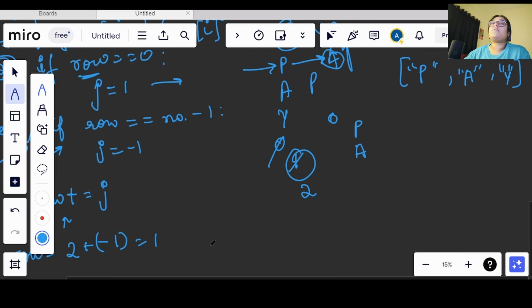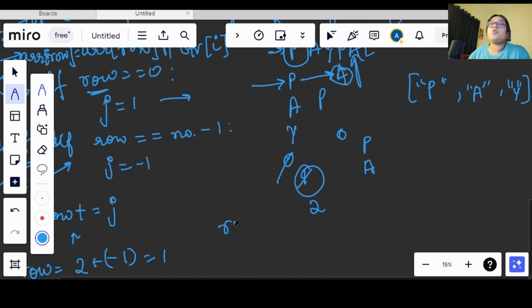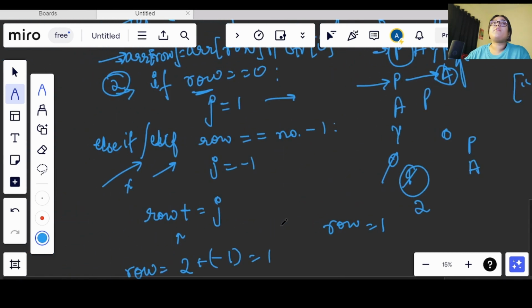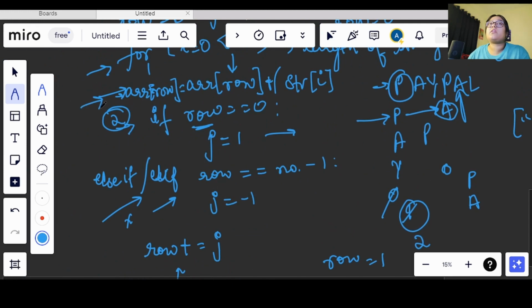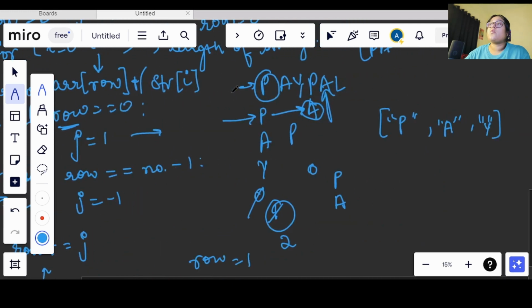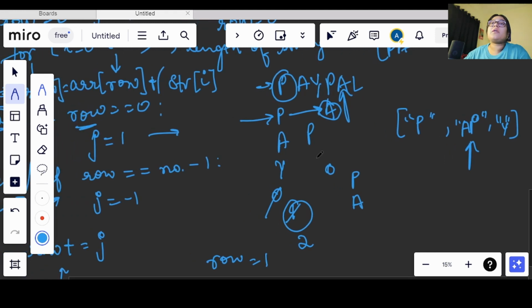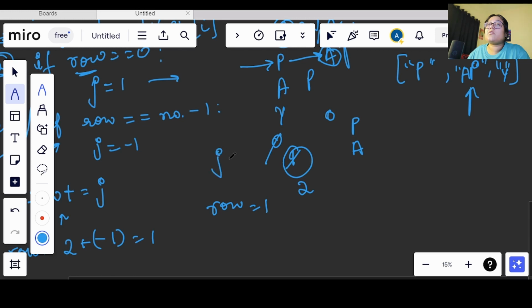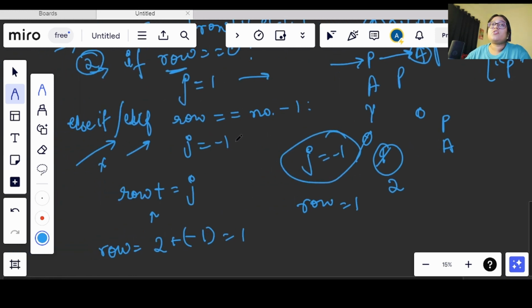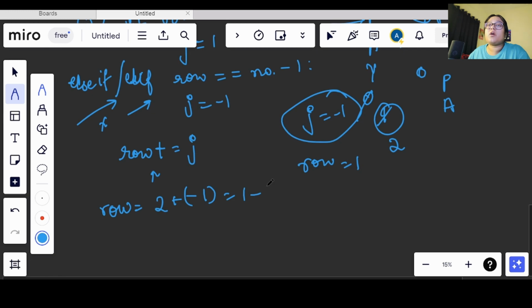So now the row is 1, so once we come back to the top, at the first index, we will be adding P because we are on the 4th index right now. So we will add P here. The string is increasing, right? Now j is still minus 1, so in 1 we will get 1 minus 1, which will give us 0.